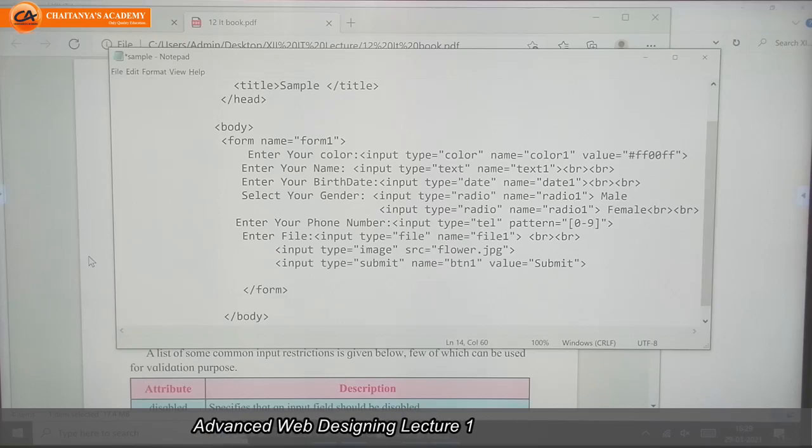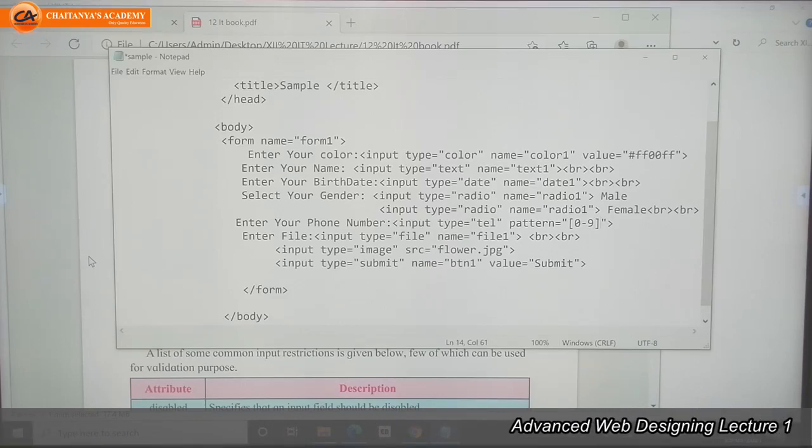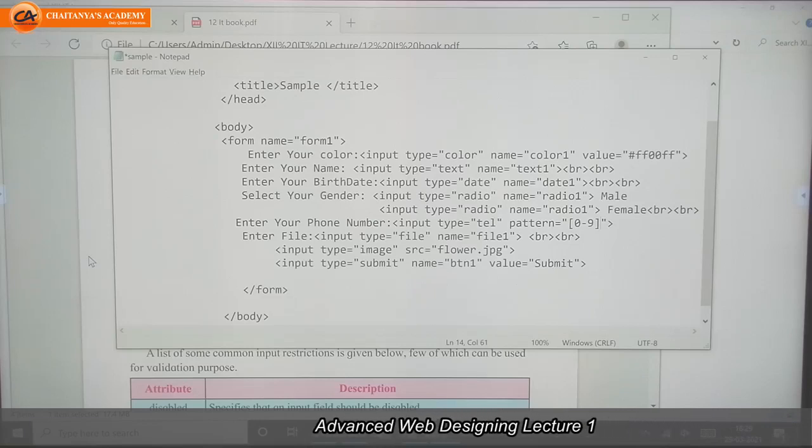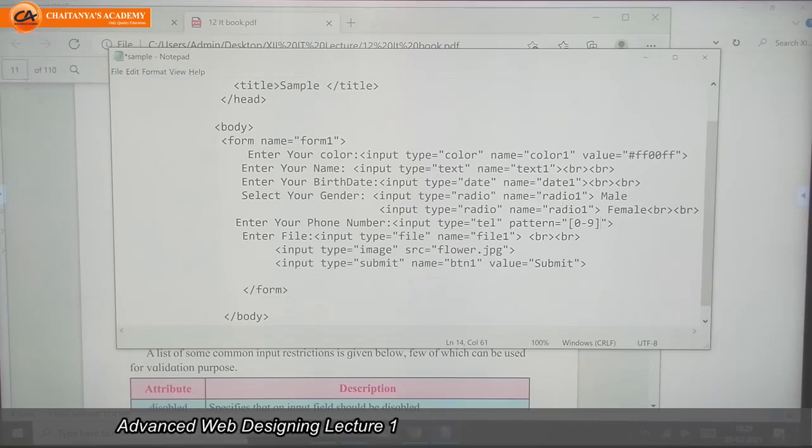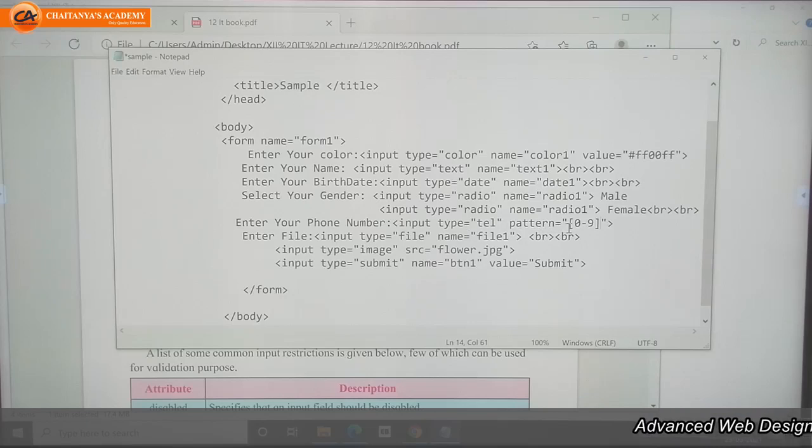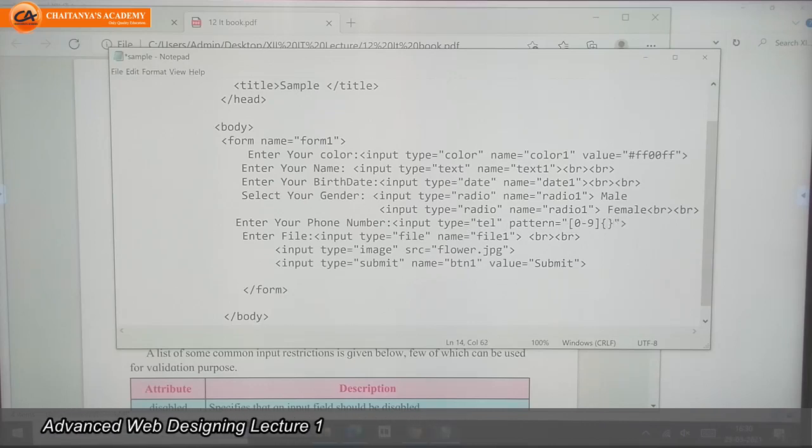And if we want to give a mobile number, how can we give it? It has 10 digits. So that control, whatever telephone text box we are going to get on our web page, it should accept numbers from 0 to 9. And how many times, meaning how many digits? Only 10 digits.